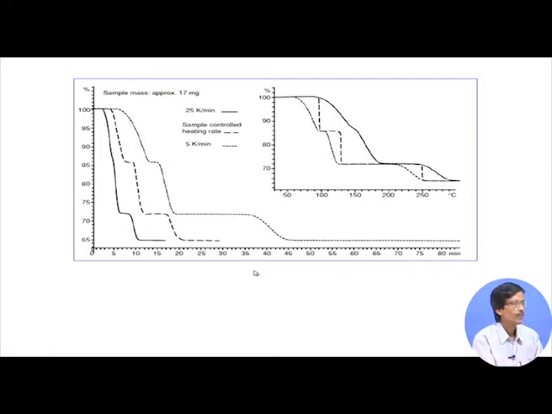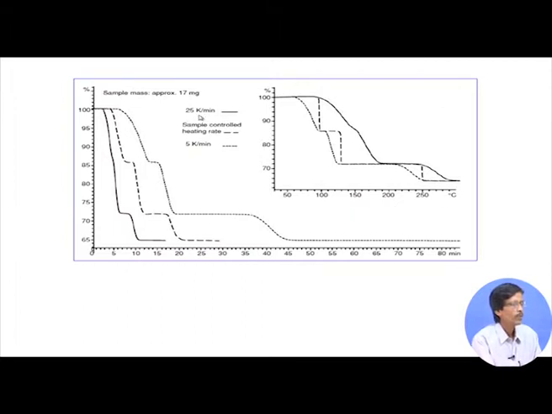So if this is the case, we can see what differences we can have. In the first case, this has been plotted against time, not temperature. In this particular sample, the sample is approximately 17 milligram, in the range of 15 to 20 milligram.